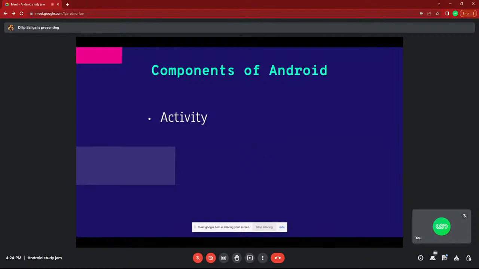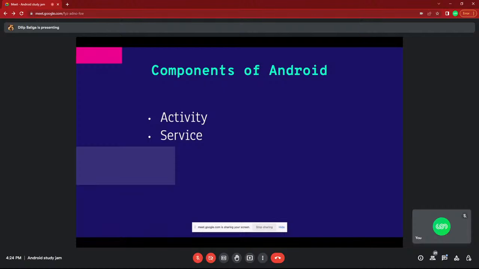Activity means whatever screen you are seeing. Each app has a screen, and the activity contains the UI part. Okay, next thing, service.